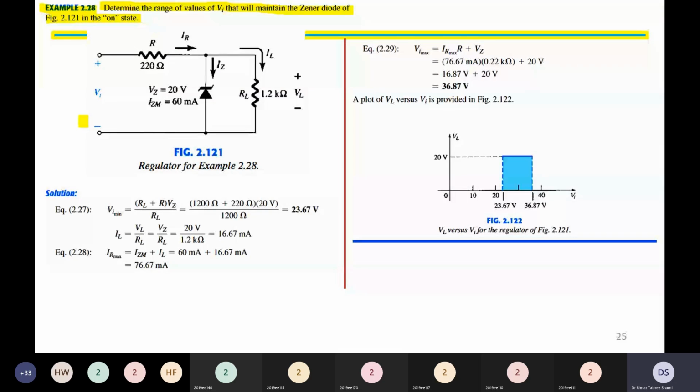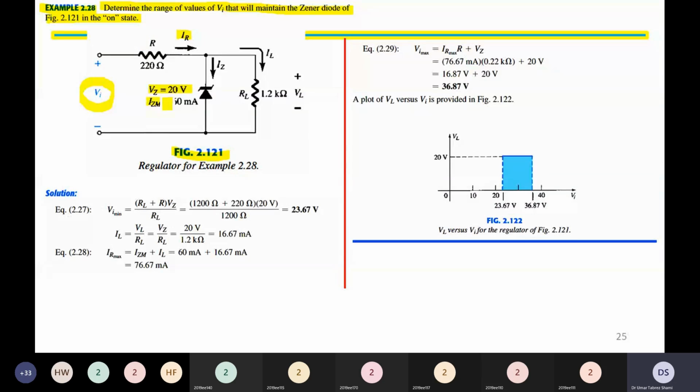And let us look at the circuit diagram. This is figure 2.121. We have an input voltage VI, the range of which we have to determine. We have a series resistance R of 220 ohms. The current flowing through R is called IR. Then we are using a Zener diode of 20 volts,